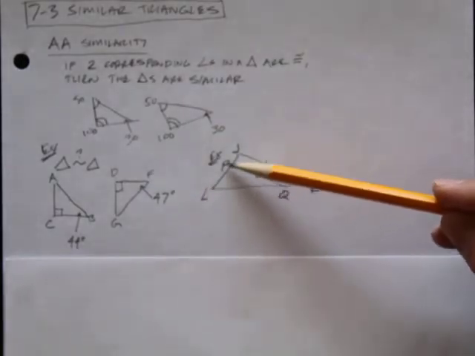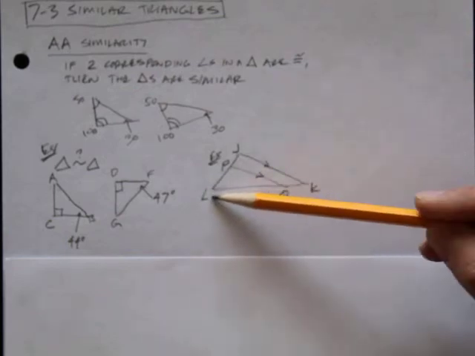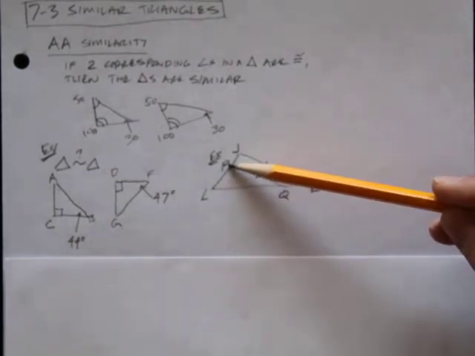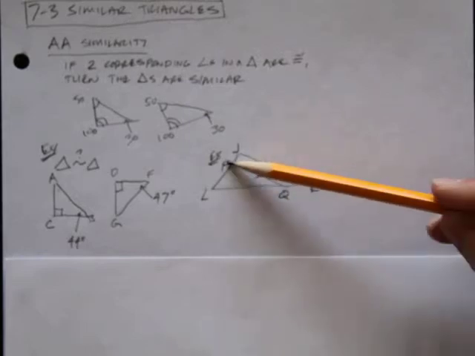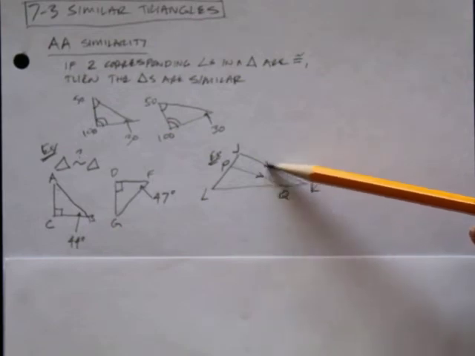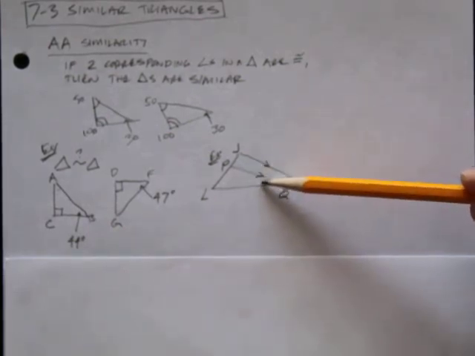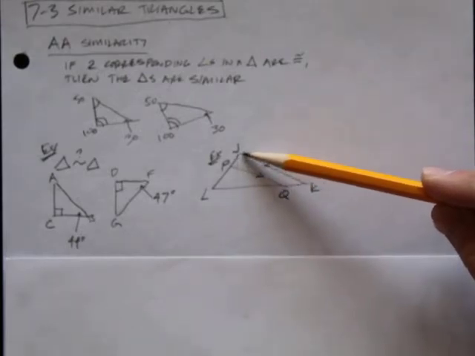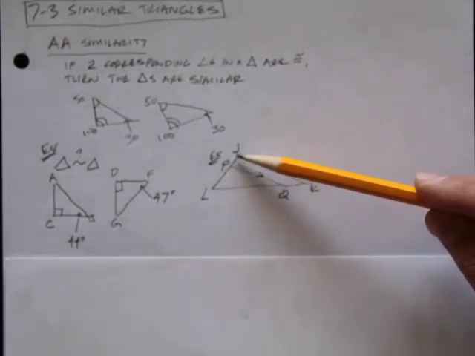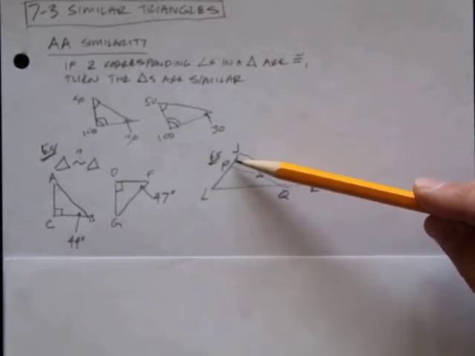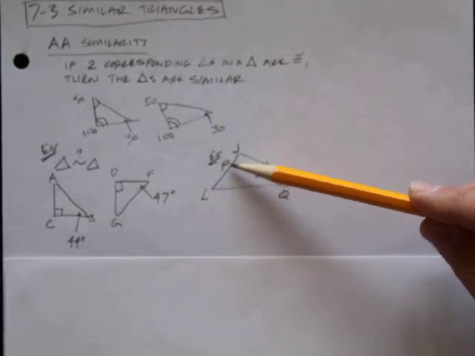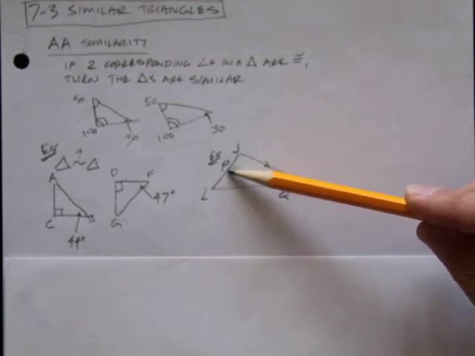How about this one? So now I've got this triangle LJK, and then another side in here that is PQ. Notice that JK and PQ are parallel. So if these are parallel, then I know that angle J and angle P are congruent because this transversal right here, JL, goes through these two parallel lines, and I know that the corresponding angles are going to be congruent,